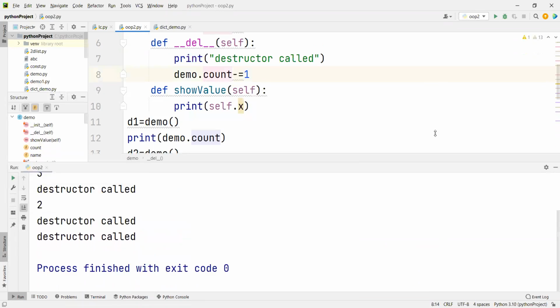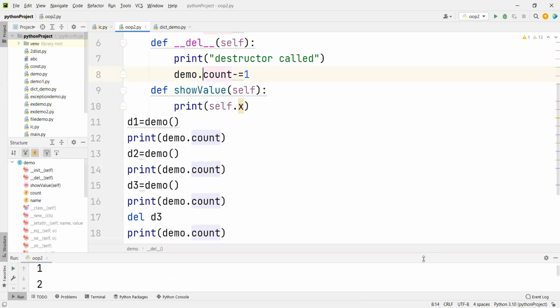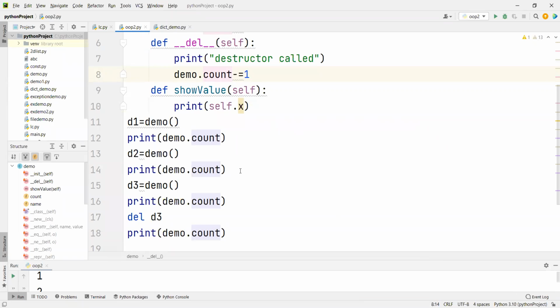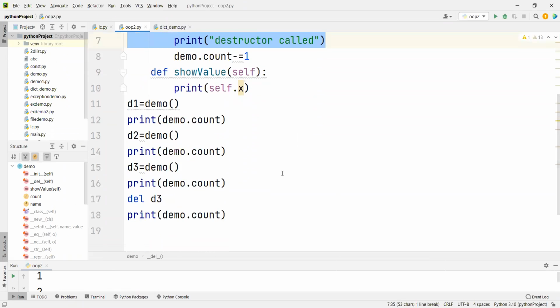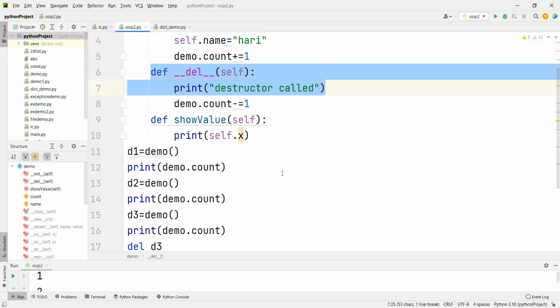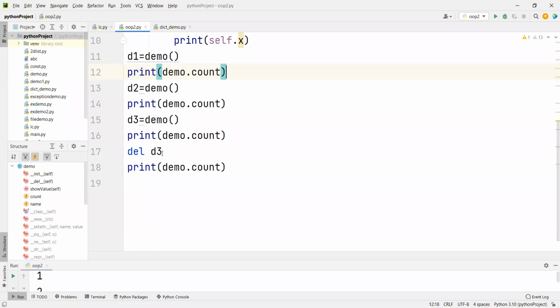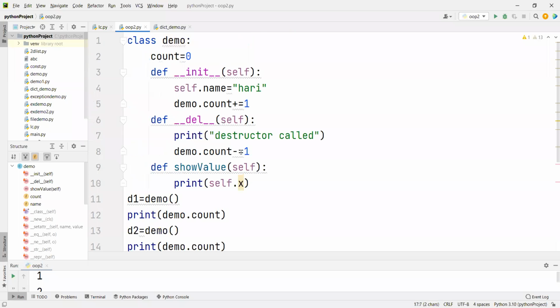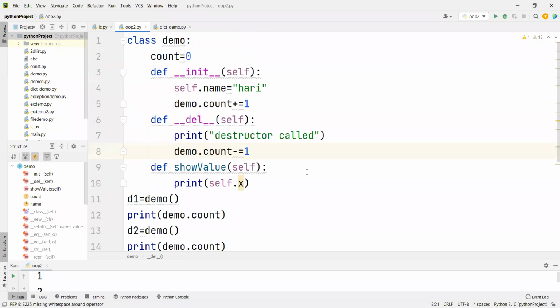Now see here. So this del function is basically a destructor function. Which function is it? It is a destructor function. So it is basically used to delete the object. So del d3 will delete the object. So you can use the count variable here to get it decremented. So again you can keep the count of the number of objects created, and you can also count the number of objects